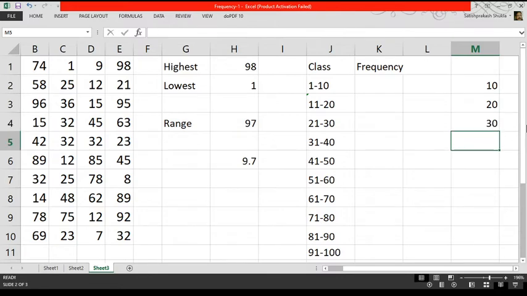In this way, we write the upper boundary of all classes: 40, 50, 60, 70, 80, 90, and 100.